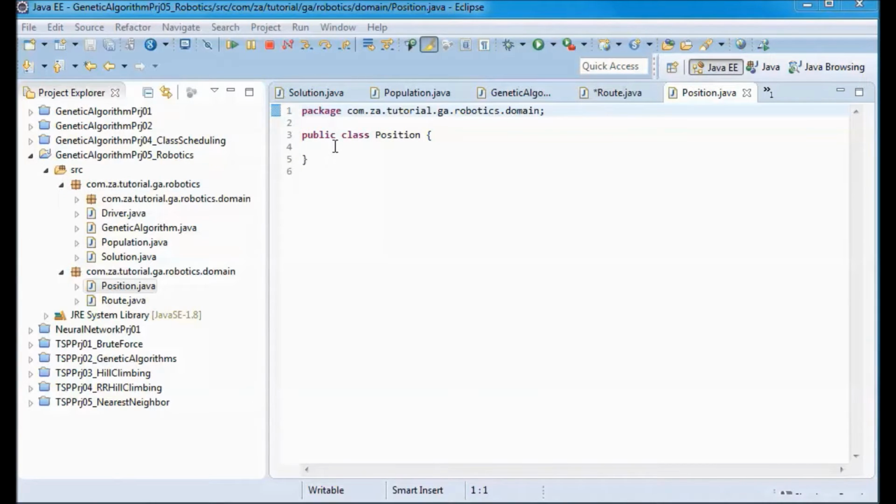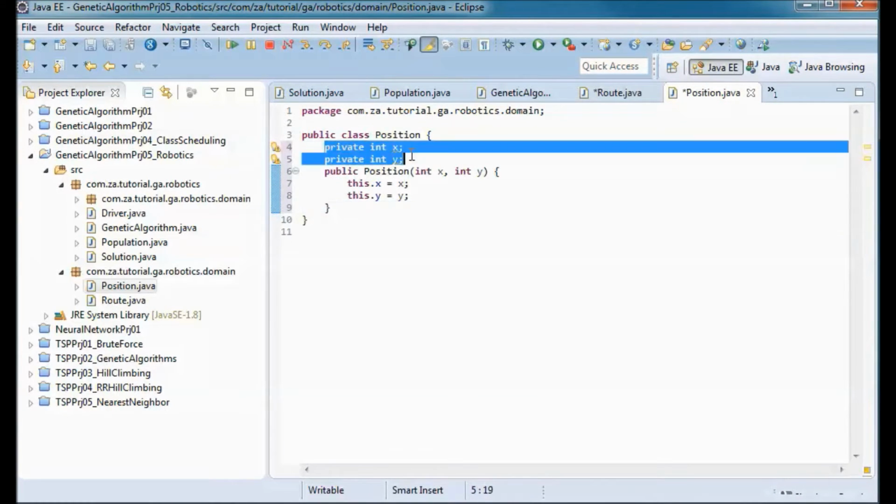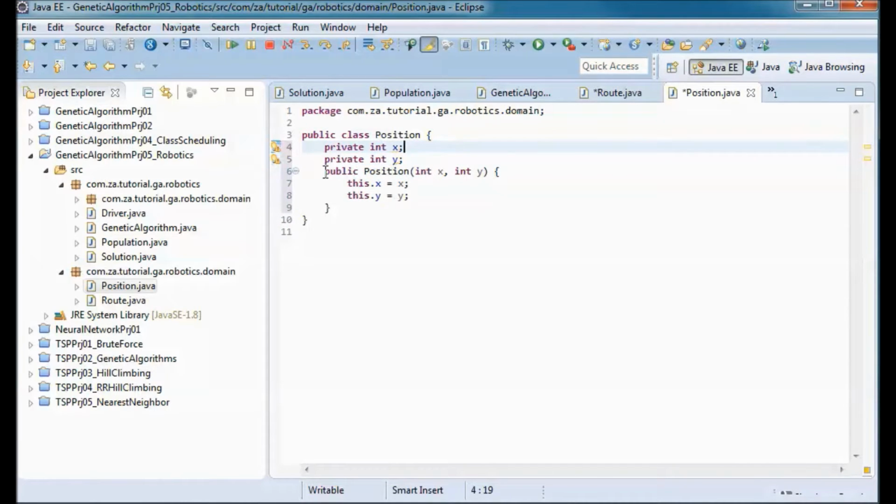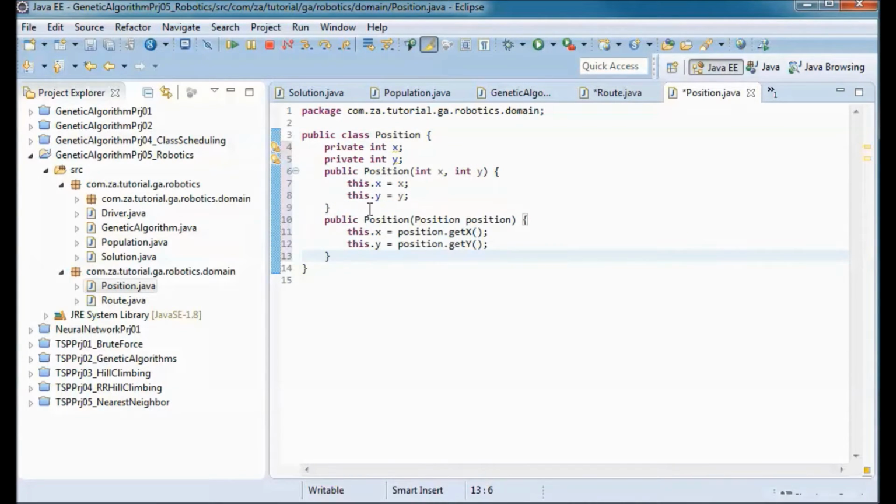So it represents an XY position in the route, so we have x and y, and they are initialized in the constructor. And we'll have another constructor that instantiates a new position instance given a pre-existing position.